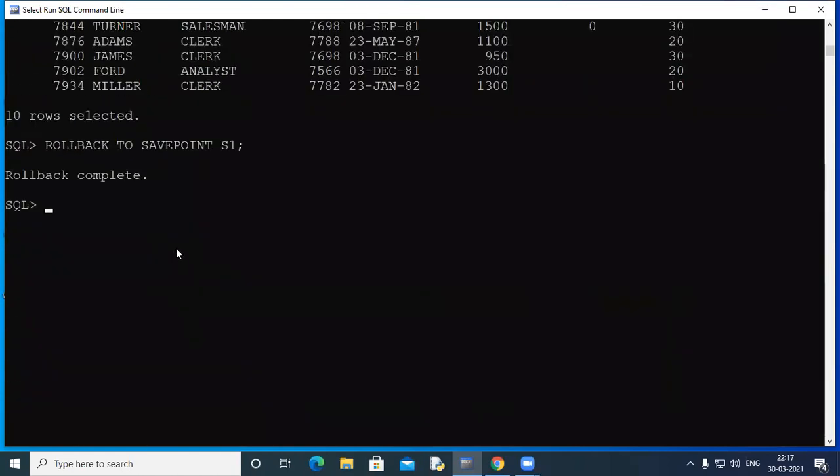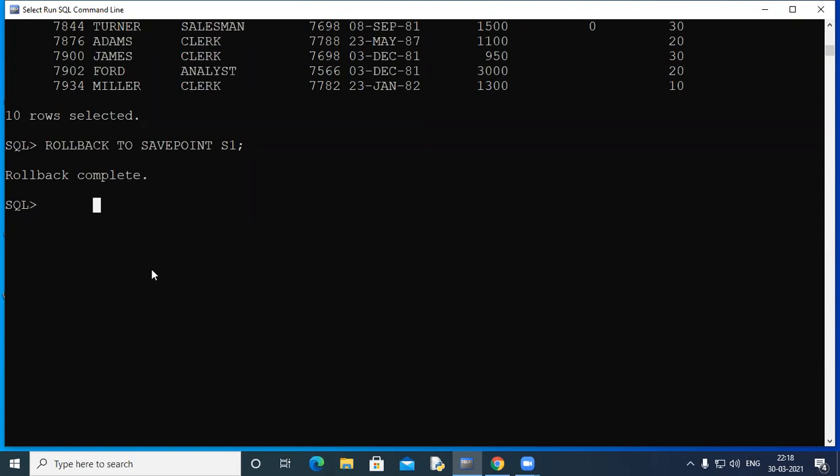Sir, is that clear? Can we say that save point is equivalent to commit? No, save point is simply you are saving the status of your work at some instance in time. Can we delete a save point as well? You can also roll back directly beyond it. If you just write rollback, everything is rolled back. If you write rollback to save point S1, that means whatever is there from current till you wrote save point S1 is rolled back.